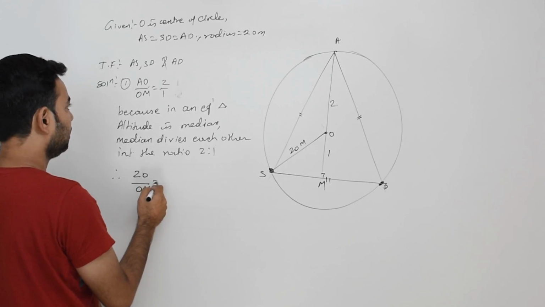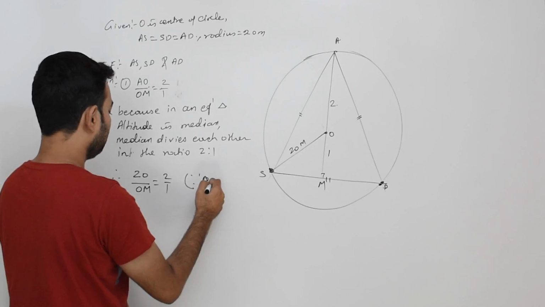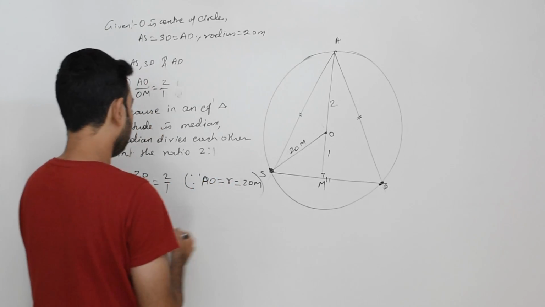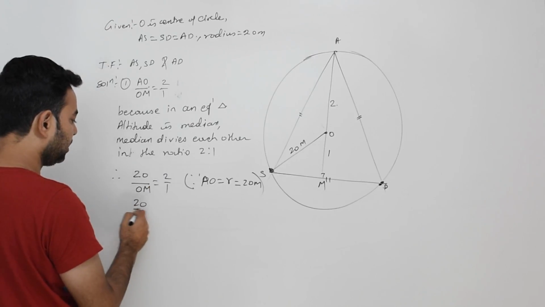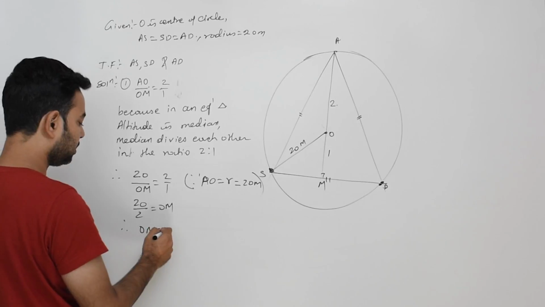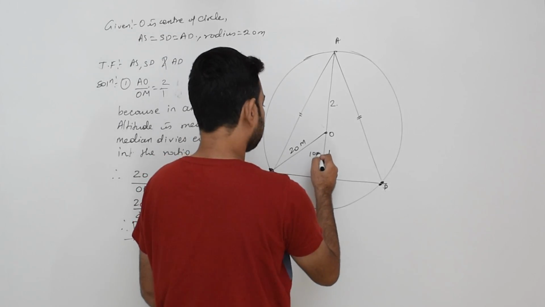OA upon OM is equal to 2/1, since AO is equal to the radius, and that is 20 meters. So cross multiplying, 20 upon 2 equals OM, therefore OM is equal to 10 meters. As OM is 10 meters,